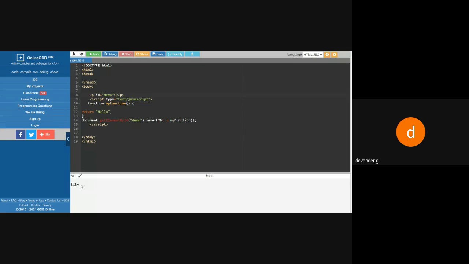See, hello is there. If I don't write the paragraph, I'll not get the output, because we are saying here demo. So it should have some name, and it's saying it's an inner element. So it is not compulsory to take a paragraph.